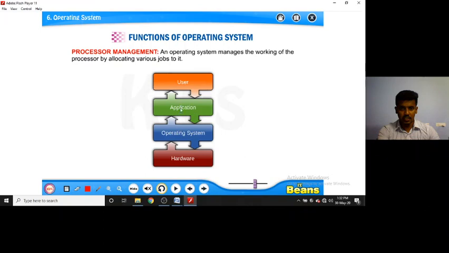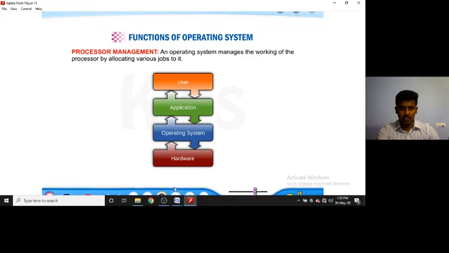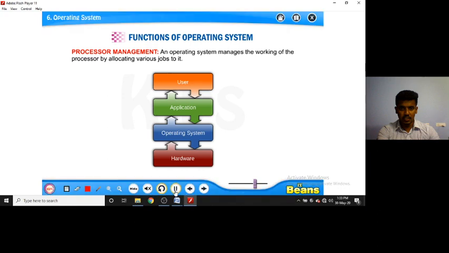Between the user, application and hardware, the operating system performs this with the help of the processor. It allocates that application to the particular processor, and then it performs according to the instructions given by the user. In this way the processor interacts based on the various jobs assigned to it.